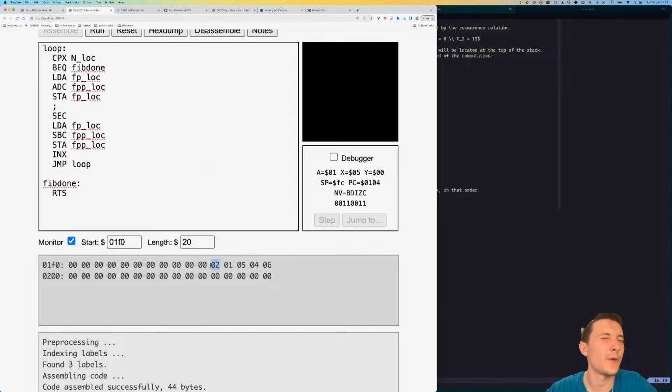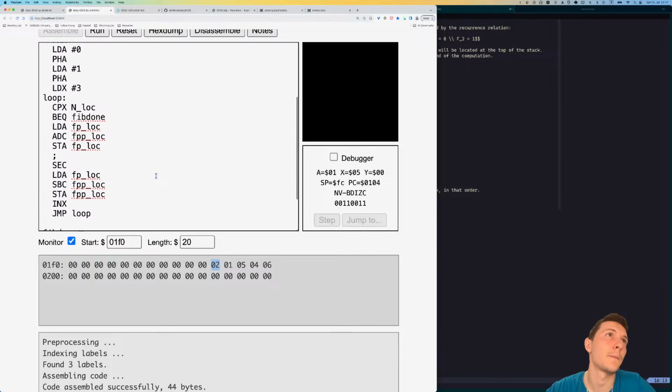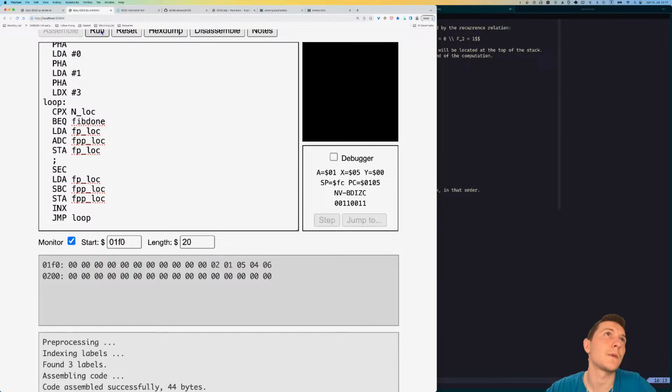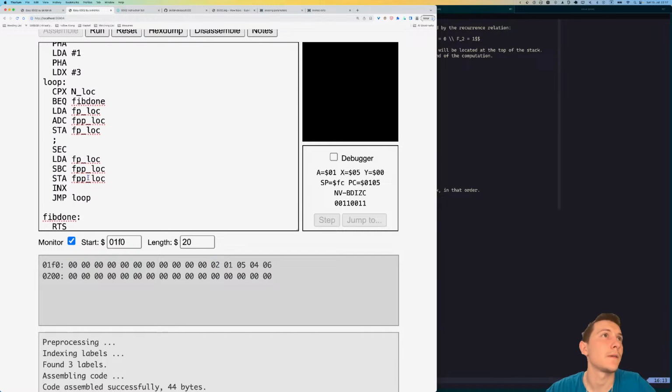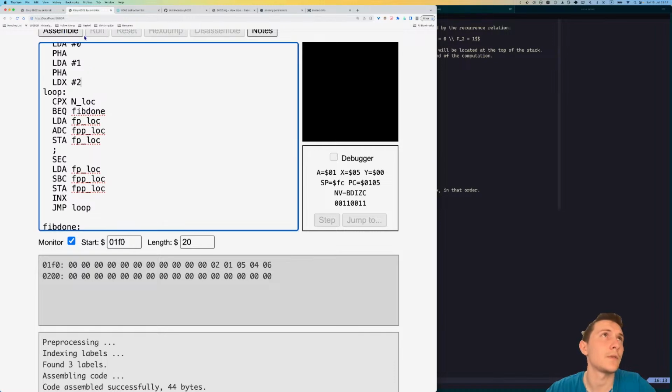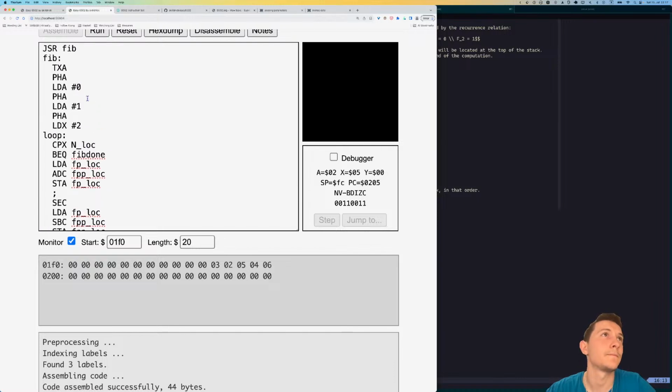So is this the 5th Fibonacci? 3. No, this is the 4th one. Something's wrong. No, that should be 2, I guess. Got it. It actually works. Well,